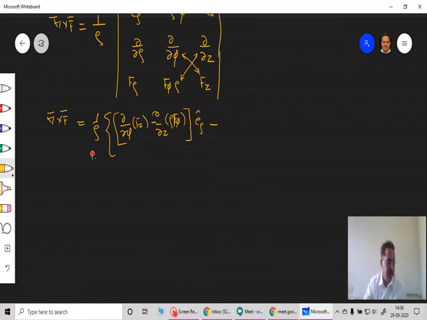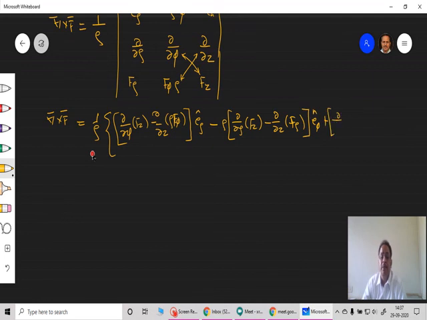Second term is taken to be minus, it is rho into the bracket, it is ∂/∂rho of Fz minus ∂/∂z of F rho, and this is to be multiplied by this second unit vector, that is e phi, plus last term is in the bracket ∂/∂rho multiplied by rho times F phi minus ∂/∂phi times F rho, and this is to be multiplied by ez cap, third unit vector, and then this bracket here.